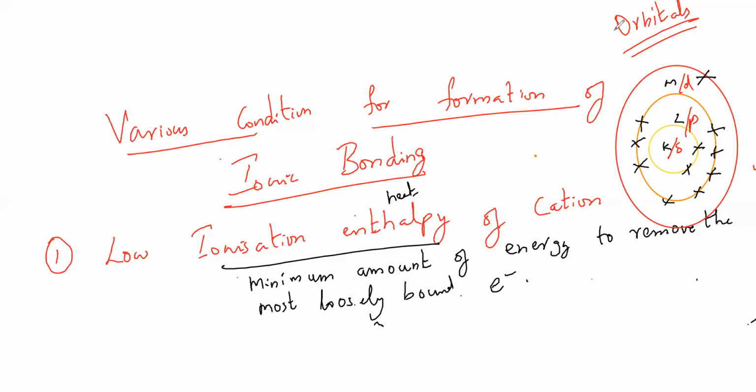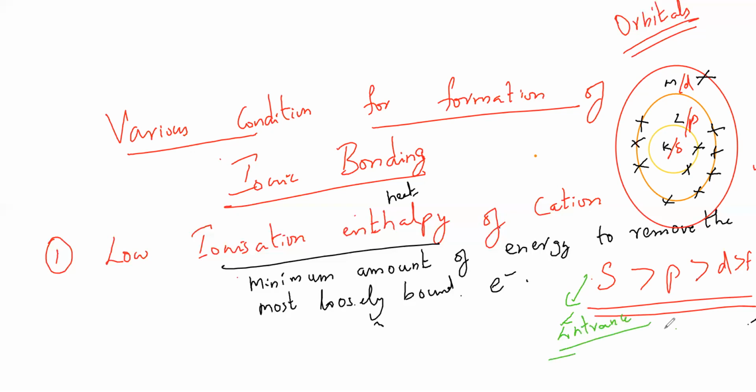Why D? Because there is one more thing, S greater than P greater than D greater than F. Which means removing an electron from S and P is actually difficult compared to D and F. This also we have to remember for the entrance exam. So try to visualize. We cannot keep these things by heart. Draw everything. Visualize. Draw it. That's the only way we can beat them. Clear?